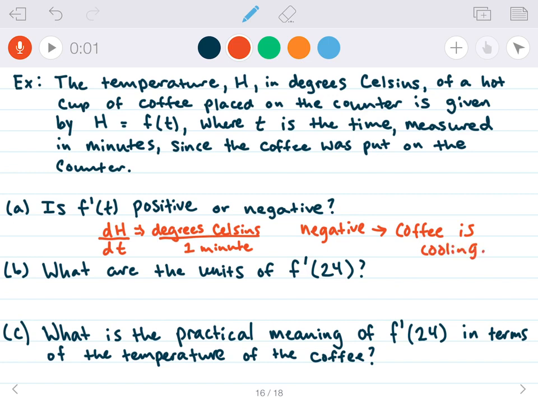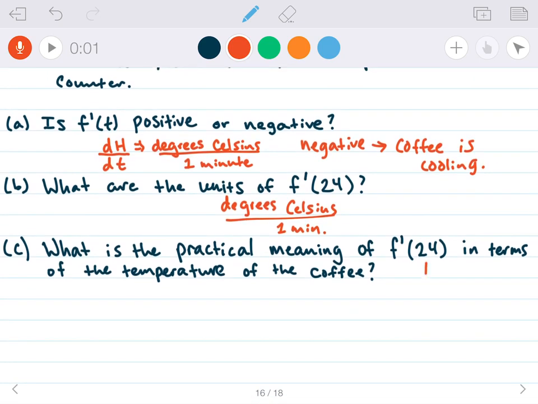What are the units of F prime of 24? Well, we just kind of answered that in part A. The units is degrees Celsius per minute. So those are the units. What is the practical meaning of F prime of 24 in terms of the temperature of the coffee? Well, when we think about prime, that's the same thing as derivative. We want to think about rates of change, instantaneous rates of change. And so since this is our t, this is telling us that at 24 minutes,